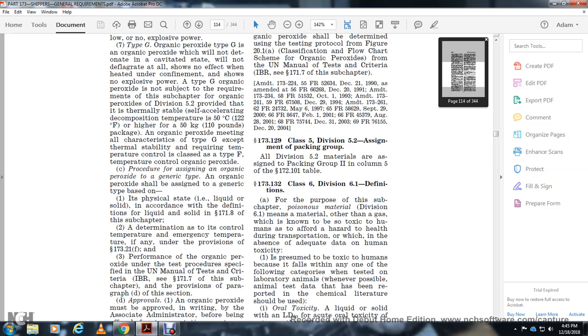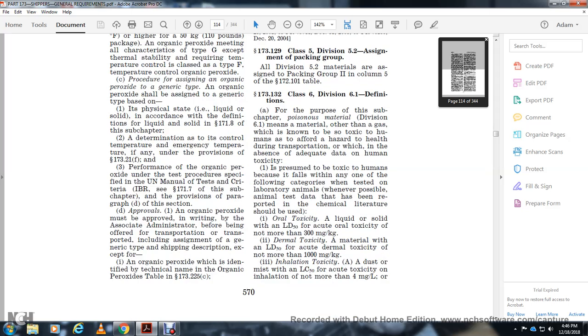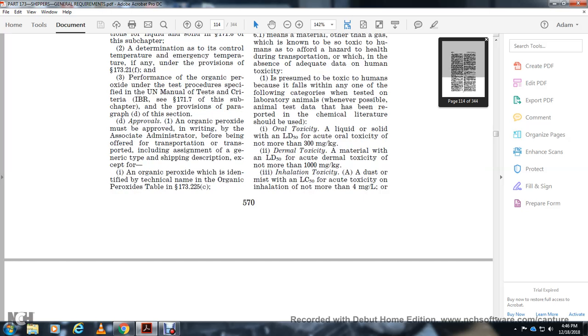A material is presumed to be toxic to humans if it falls within any one of the following categories when tested on laboratory animals. Whenever possible, animal test results reported in the chemical literature shall be used. Oral toxicity: liquids and solids with an LD50 acute oral toxicity of no more than 300 mg/kg. Dermal toxicity: LD50 acute dermal toxicity of no more than 1,000 mg/kg. Inhalation toxicity: dusts and mists with an LC50 acute toxicity by inhalation of not more than 4 milligrams per liter,